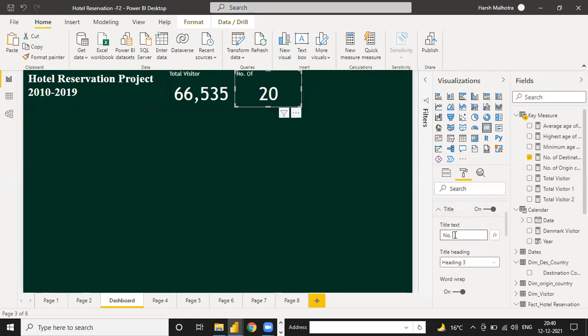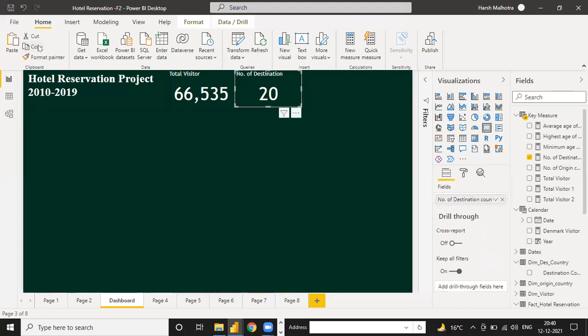Number of destination. Same way, just copy and paste it. Here instead of number of destination, use number of origin country.